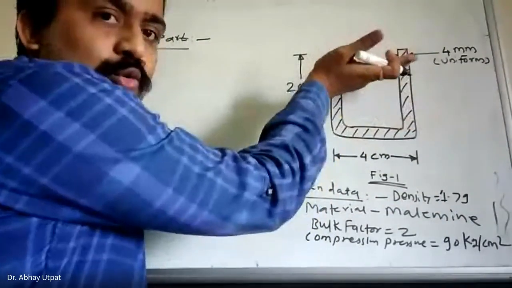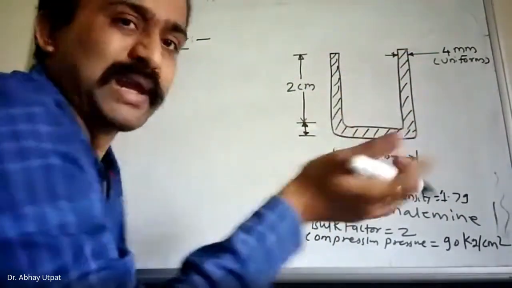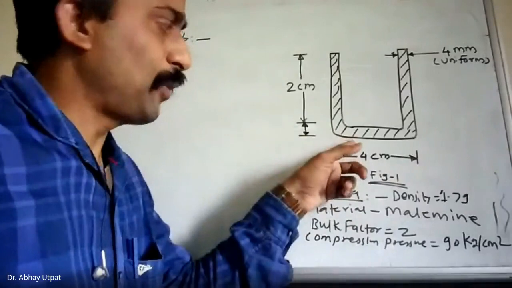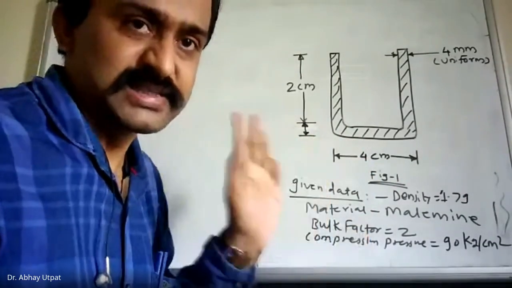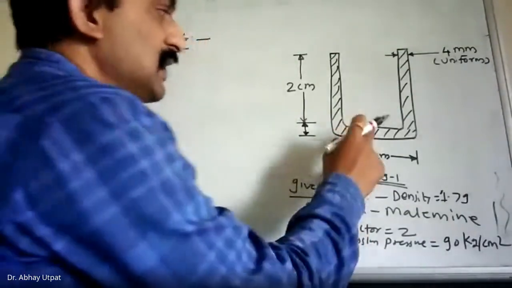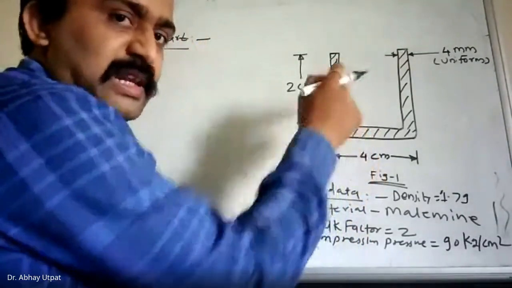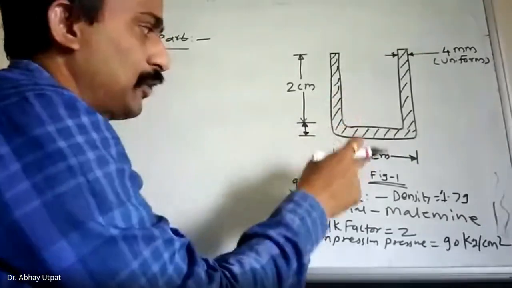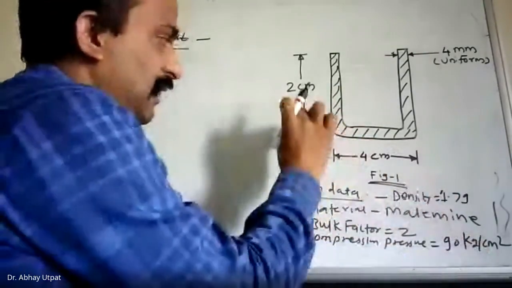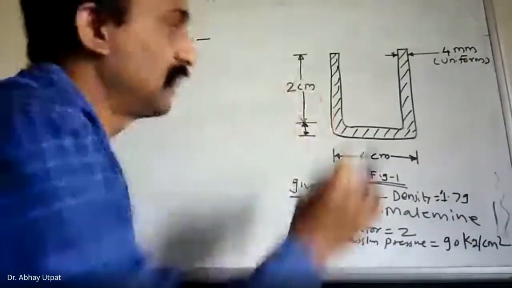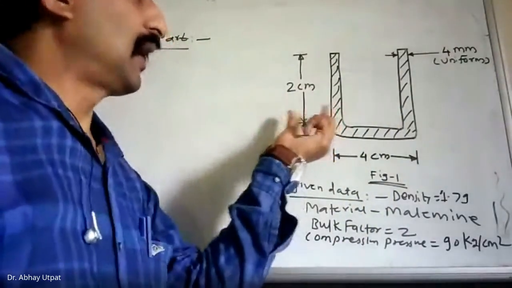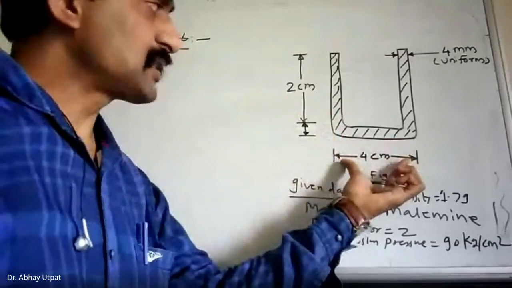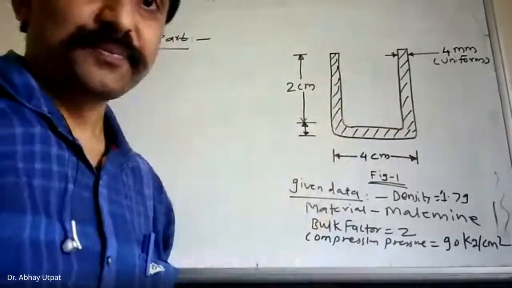Upper cylinder and bottom plate. So the diameter of the bottom plate is 4 centimeter with 0.4 centimeter height. Very simple. I repeat once again. This bottom plate is a circular cylinder of 4 centimeter diameter and 4 millimeter height. And upper there are 2 cylinders, 2 centimeter height, and OD 4 centimeter. And then what is ID?